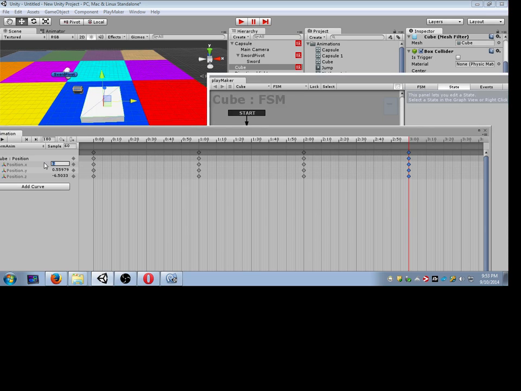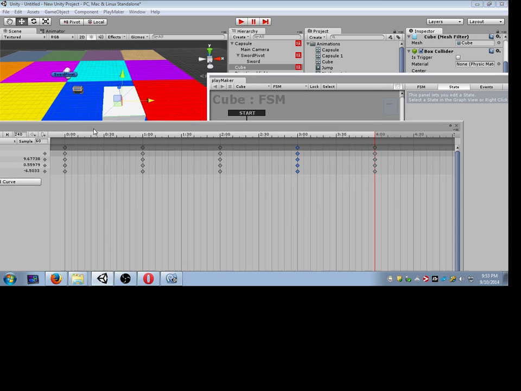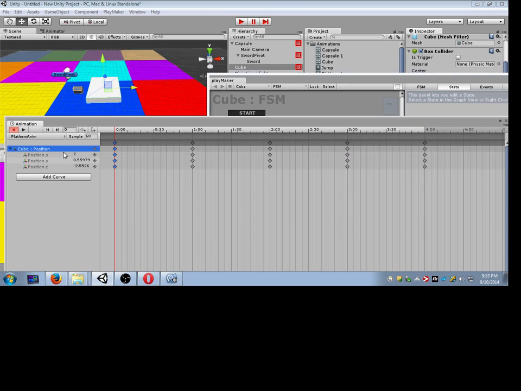Oops, this guy should be at 20. And remember, it's using curves. Oh, and it's not actually going back to the beginning, so we need one more key here. That's going to be somewhere around here. I'm just going to copy. Yeah, exactly 7,